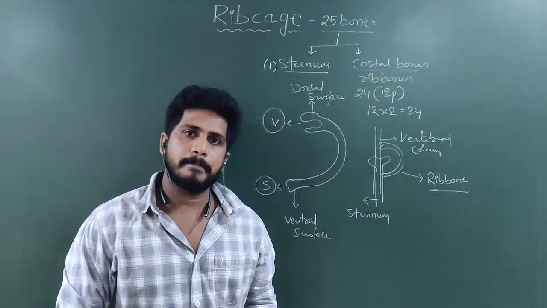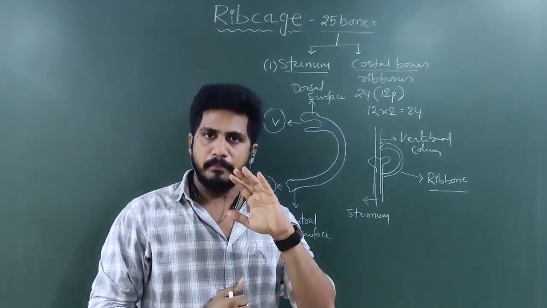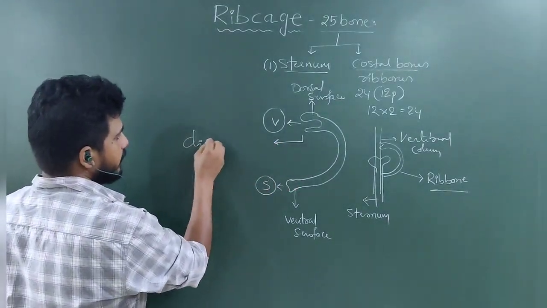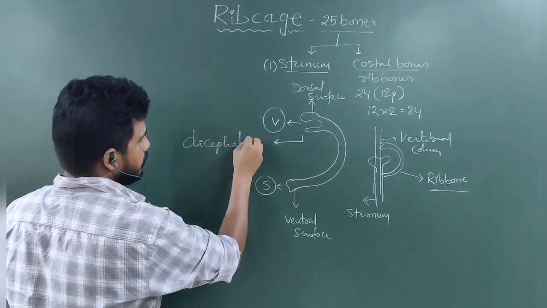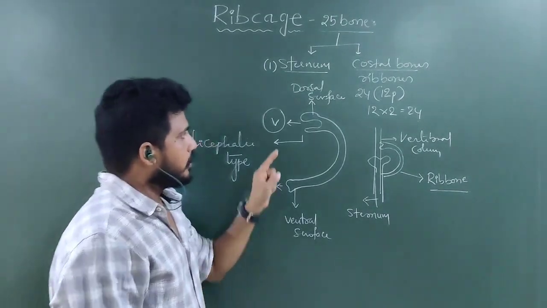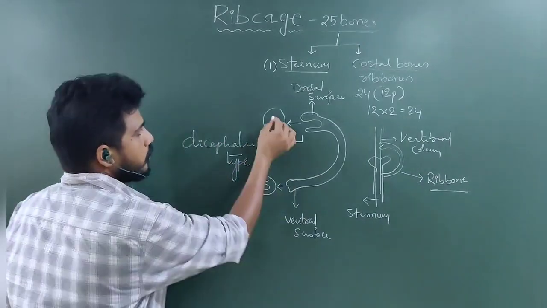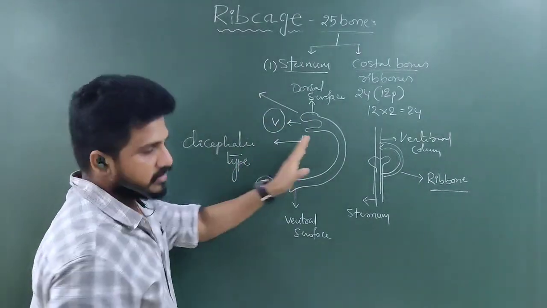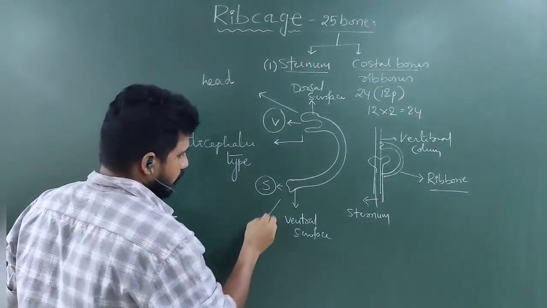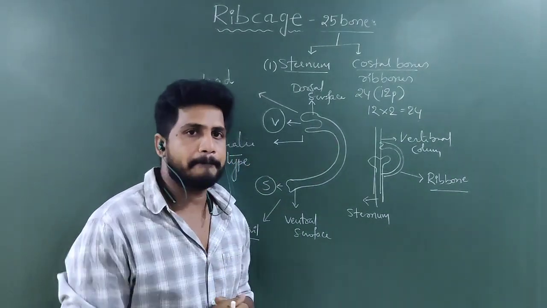Ribs are present in fishes, amphibians, reptiles, apes and mammals. But the mammal rib bone is dicephalic. Why the name dicephalic has been given, I will tell you. The portion connected to the vertebral column on the vertebral column side is called the head. The sternum side is called the tail. And the entire thing is the main body.